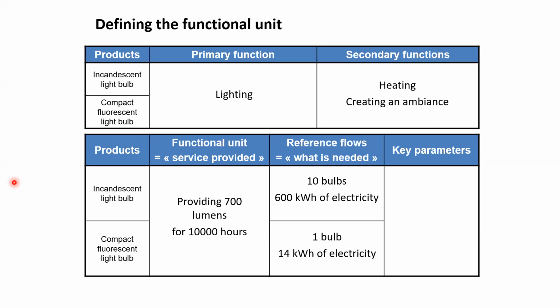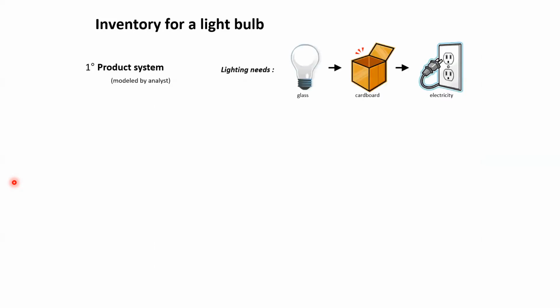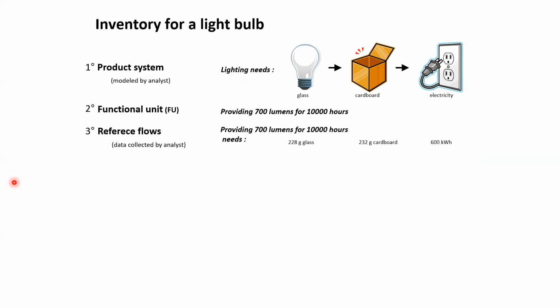So key parameters. For the incandescent bulb, that would be 600 kilowatt hours of electricity because one bulb is 60 kilowatt hours, so 10 bulbs is 600. And for CFL, it will be 14 kilowatt hours of electricity. Then you can also look at the lifetime watt versus lumen ratio. For both of these, we have to get this LCI inventory. So you need a bulb, you need the packaging, and you need the electricity. For 700 lumens for 10,000 hours, that requires 228 grams of glass for the bulbs, 232 grams of cardboard for the packaging, and of course,